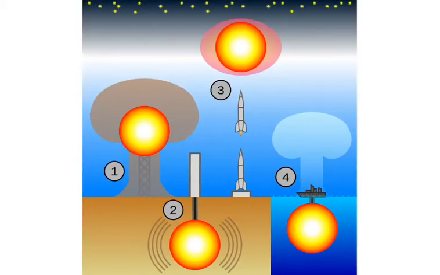Okay, so where can you test? Well, the answer is pretty much anywhere. We have atmospheric tests, which can be detonated like Trinity was on the top of a tower of some kind, or dropped from an aircraft like the Tsar Bomba was. You can test underground. You can test in the high atmosphere, fired from a missile, for example, and you can test underwater. So these are the 4 main environments or test forms that can take place.